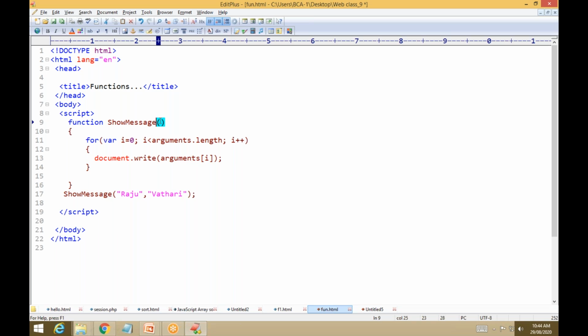If you don't mention a parameter, you can take arguments.length, finding the length of the parameters you are sending. In the for loop, the i value, i plus 1, i plus 2, is stored in this subscript like an array. Then it prints. After that I'm giving a br, because there are two values.